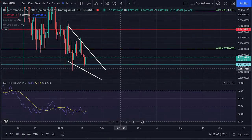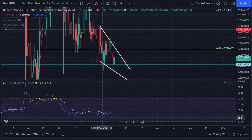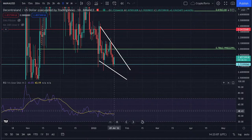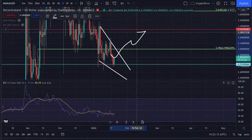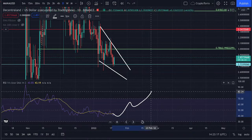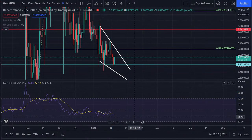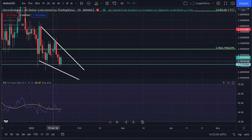If we take a look lastly at the RSI on both the daily and 4-hourly time frame, what I think is absolutely very good to know is that we are trading underneath the 50 range on the RSI, meaning that if we do see this exponential growth getting started, we do still have plenty of space on the RSI to do so. So therefore, I'm not concerned about this development so far,